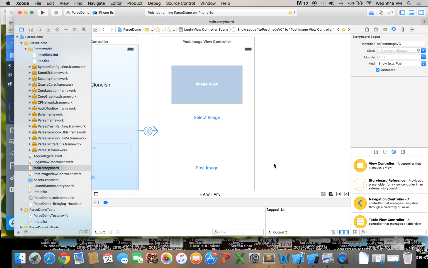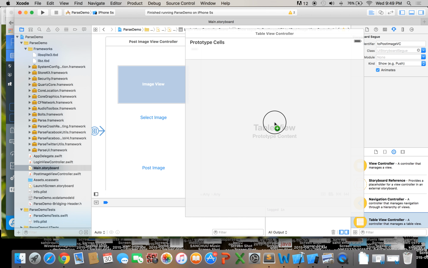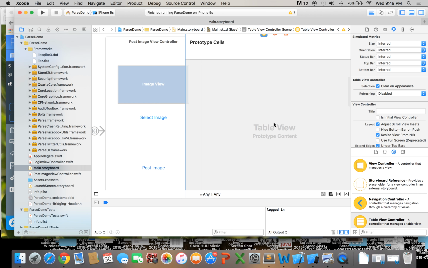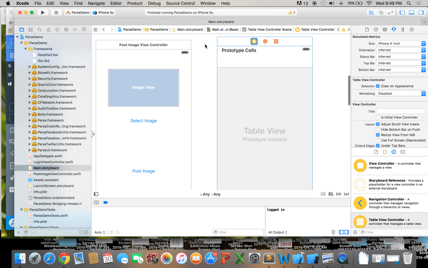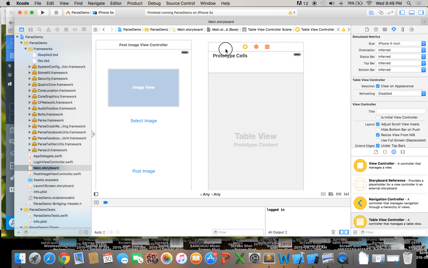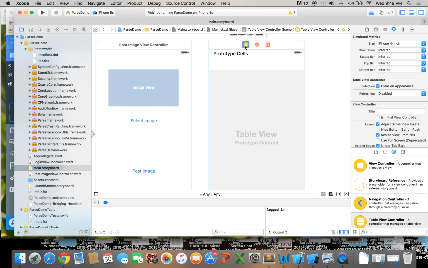And in order to view that, we're going to use a table view controller because that lets us display a bunch of entries in a table. It's a really useful way of displaying data. So we'll set its size to iPhone 4-inch, and alright, we'll place it just right there. And so that we can test it separately, we'll set it to the initial view controller just for right now,